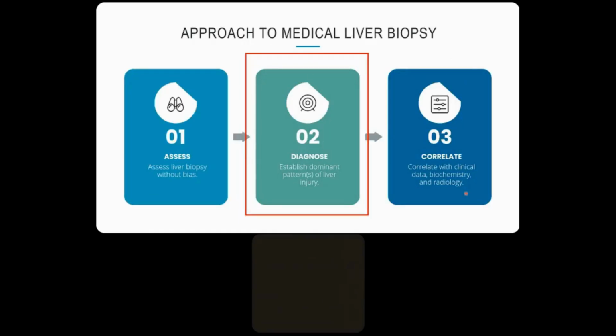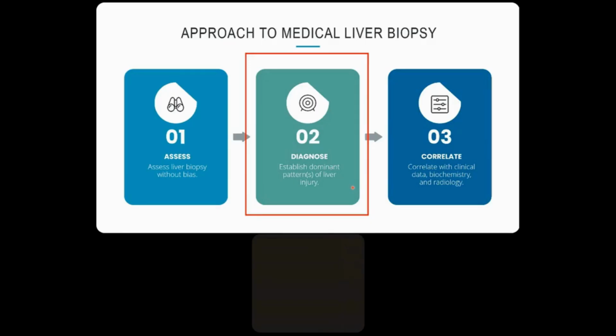When assessing liver biopsies, I like to use the ADC approach, which stands for assess, diagnose, and correlate. So first, I try to assess the liver biopsy without any clinical information and without bias. Second, I try to put the tissue histology findings together to establish a diagnosis on the dominant pattern of liver injury. And then finally, I try to correlate the pathology findings with the patient's clinical, biochemistry, and radiology to ensure